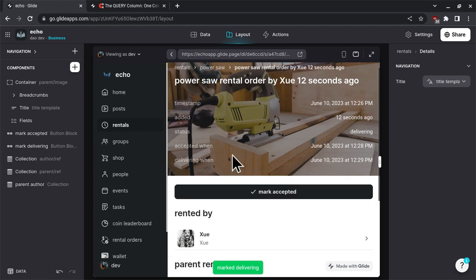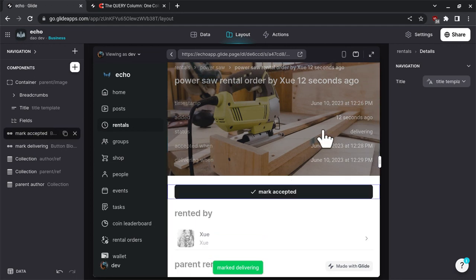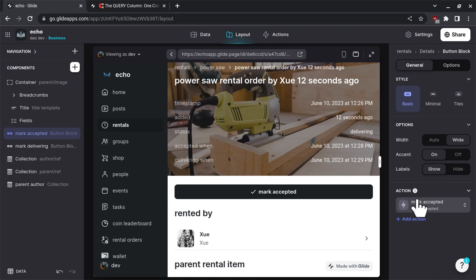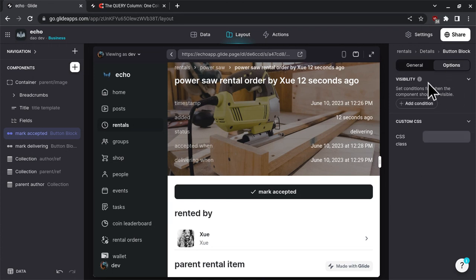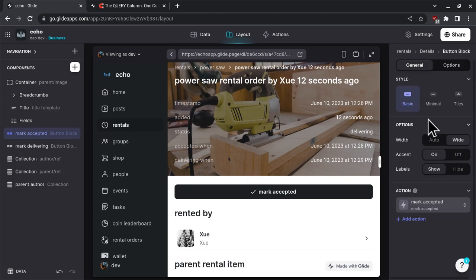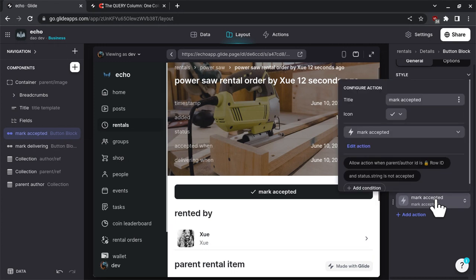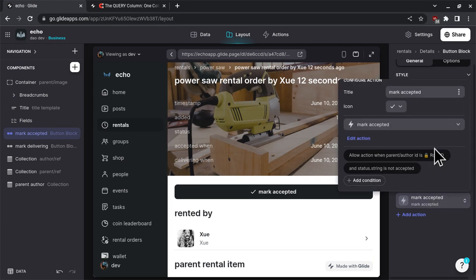So, okay. Now the mark accepted button is showing up because our visibility logic set conditions for when the component should be visible. Mark accepted. Oh, the component, but the action has its own logic as well. Got it. When the status string